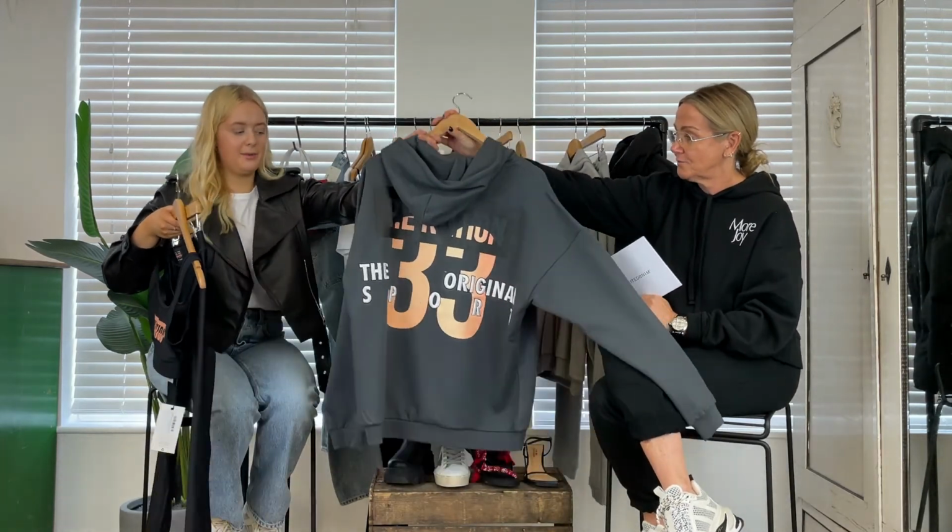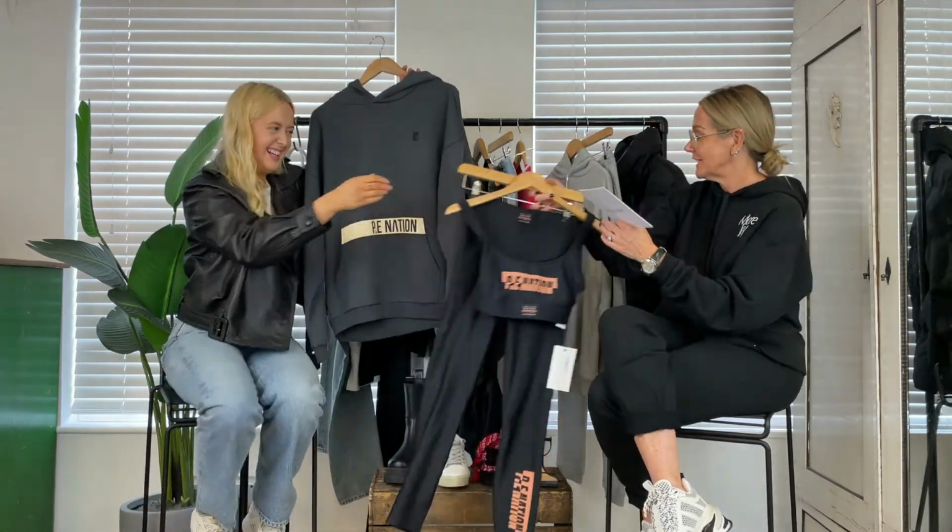And then we've added in this little, well, this actually not little at all. It's not remotely little. Jumper. Well, it's actually a hoodie, which has got the most amazing back, which coordinates with our little P Nation set that we just showed you, with this nice sort of peachy cream. So again, added this in for